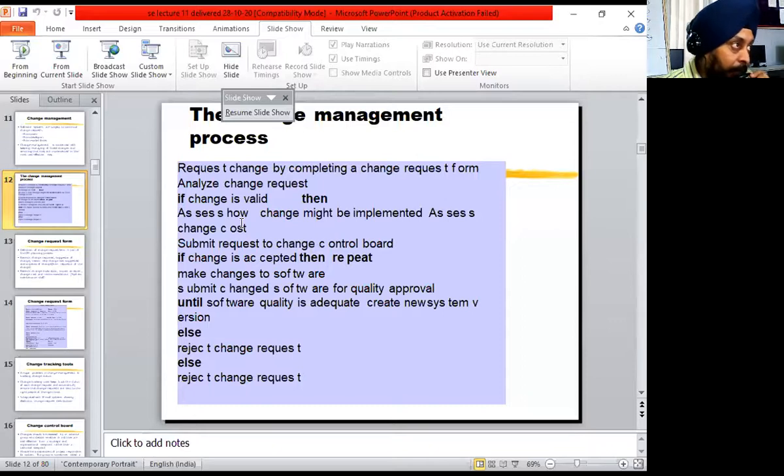Clear? Then the HOD will also discuss: if I make a change for this particular class, will other classes get affected, or will my department get affected? Your teacher is looking at that change only from your class point of view, but the HOD will look at how that change will affect the overall department. Then the HOD will make a decision whether that change should be allowed or not. If he feels that it is good, then he will put the request to the principal. Clear?